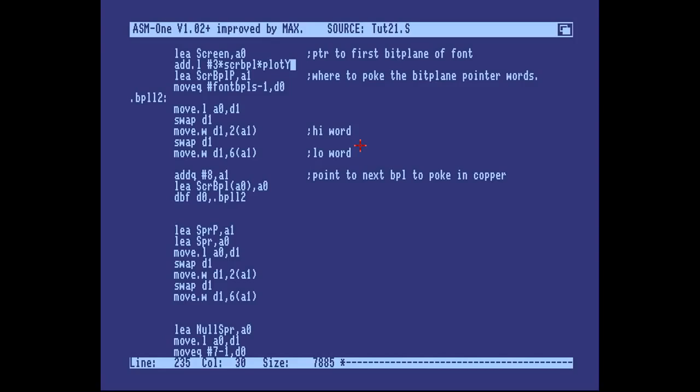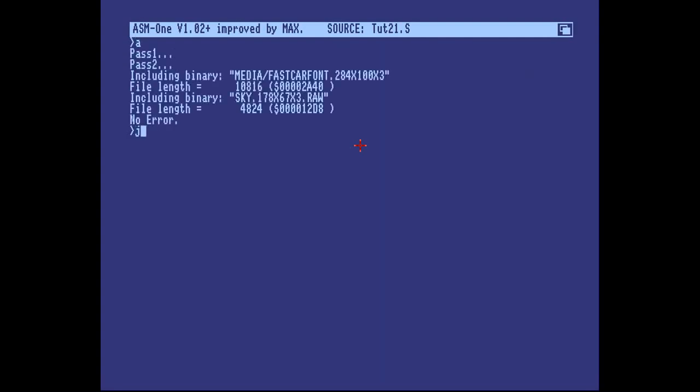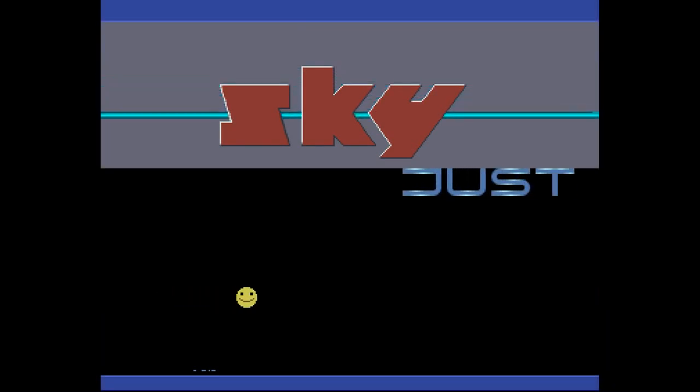That's how many lines. This variable here, screen bit plane, is the number of bytes for each bit plane of bitmap data, and we have 3 bit planes on, so this becomes the number of bytes to add to get to the next line of the screen pointer, and we add this many lines to the source pointer there, and that should move the scroller up to the very top of the screen buffer,